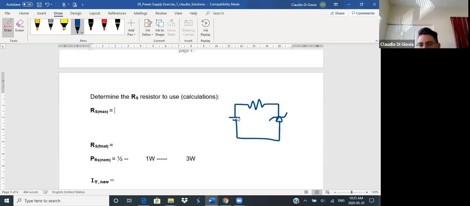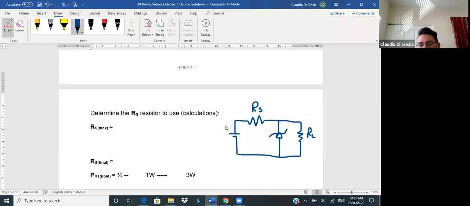I'm purposely putting a DC voltage here just so that you remember what we did yesterday for the Zener diode. This is still the RL. This is the RS. This is the work for the RS. Now instead of having DC here, in reality we have a waveform, which is actually coming from the capacitor,